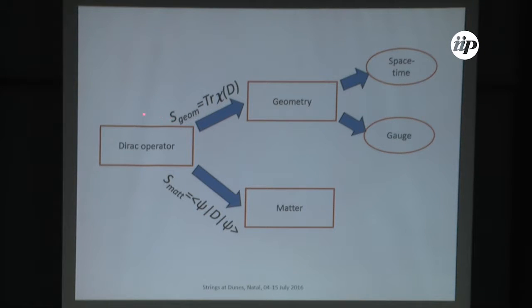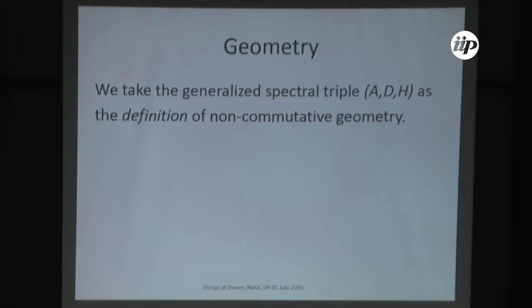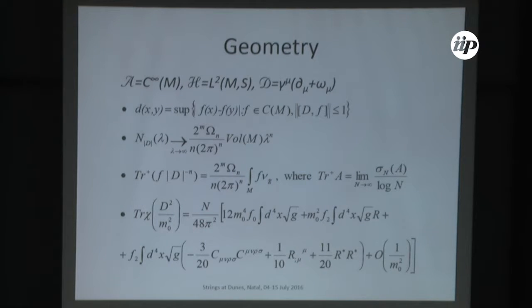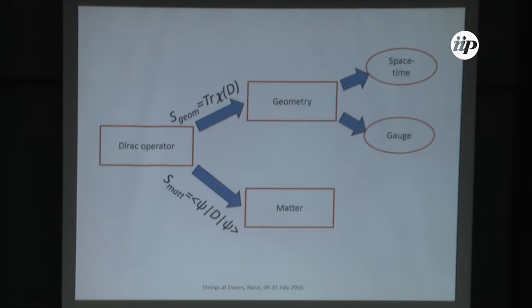So how does it work? You start with this Dirac operator, whatever object you call Dirac operator. You construct the geometrical part of your physics exactly through the spectral action of this type. That simultaneously will produce for you space-time, your geometry, and gauge fields. I will comment very quickly that in this approach to the standard model, the Higgs takes a very nice place on the geometrical side.